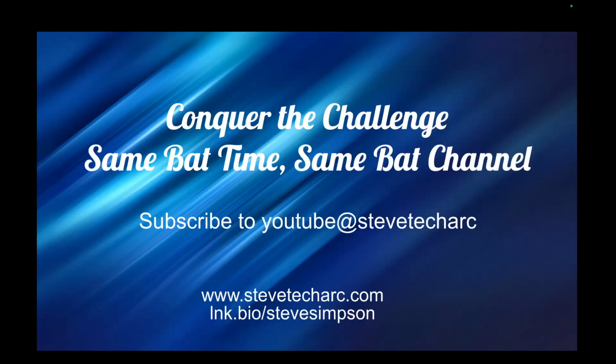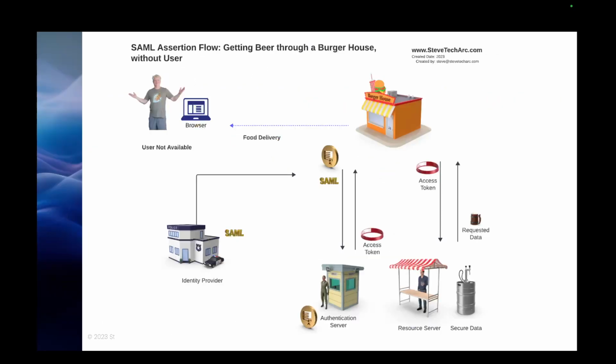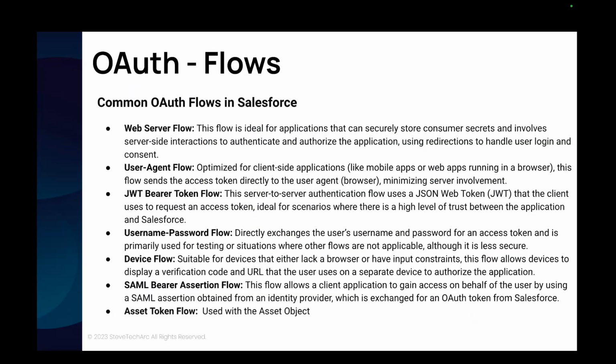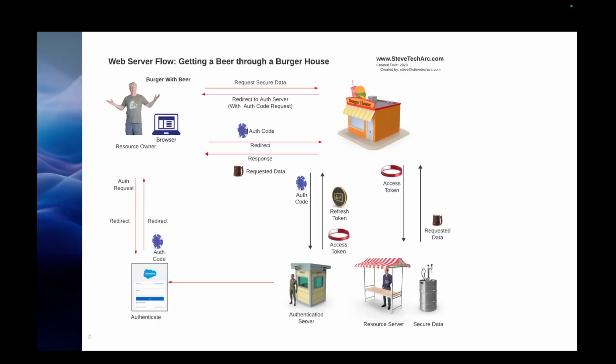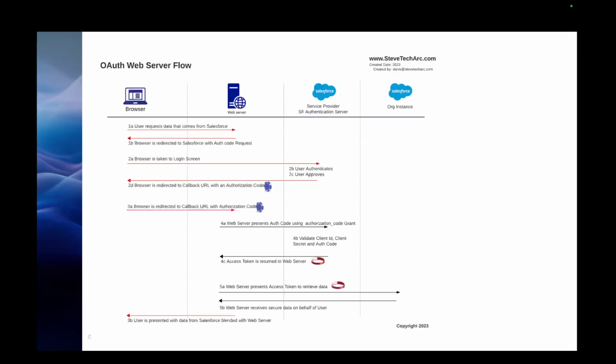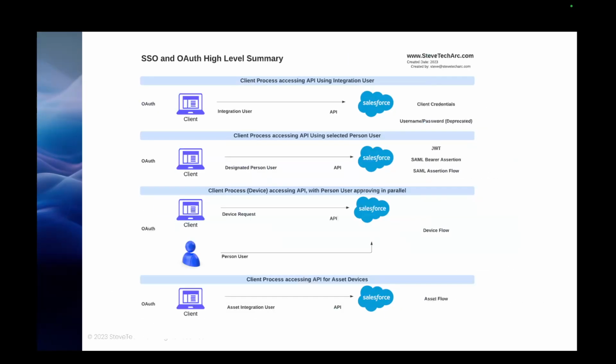All right, so this was the turbo version, part 2 of the Salesforce Identity and Access Management exam. I hope this helps. Go through the Trailhead. Just think about those OAuth flows, work on your SAML assertion. And when you get to social sign-on, it is going to look very much like the web server flow, but the only difference is the IDP is Salesforce, so it's a little reversed. So, study your flows, know the concepts, know when to use them,